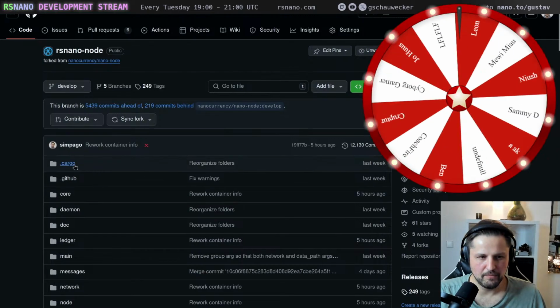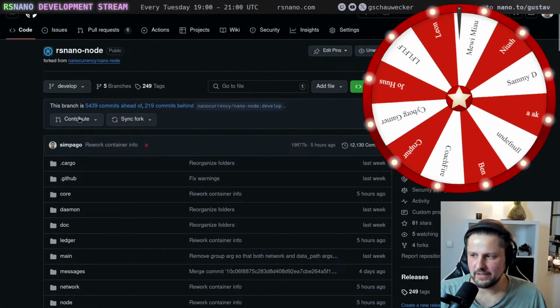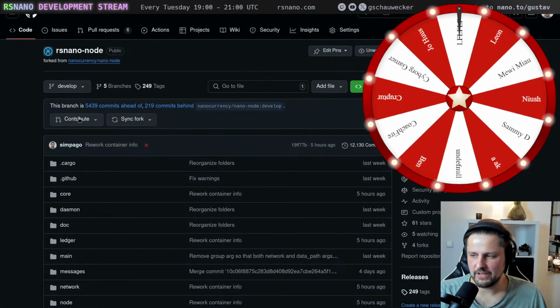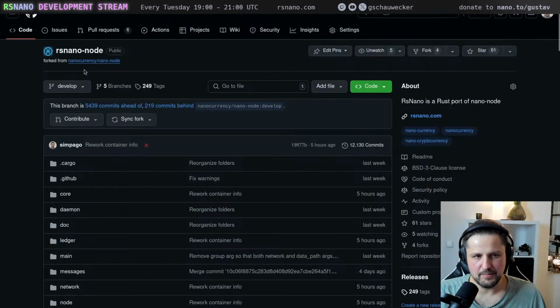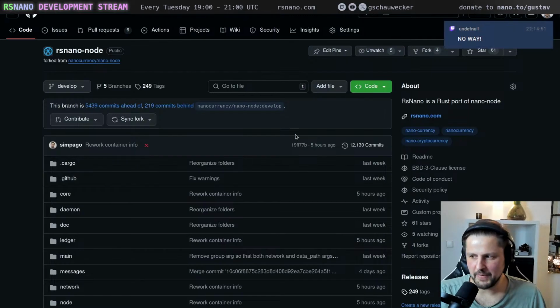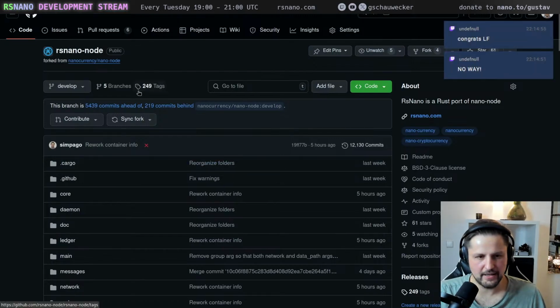So the work thread pool is currently only using CPU, and it doesn't support OpenCL work generation yet. And that code is already written. It is part of the official Nano repository. It is called Nano Work Server, and we just have to copy paste it and put it into RsNano so that we can generate work on the GPU.